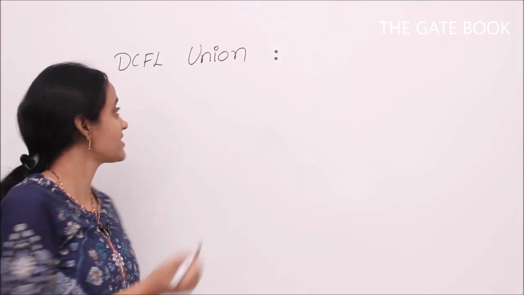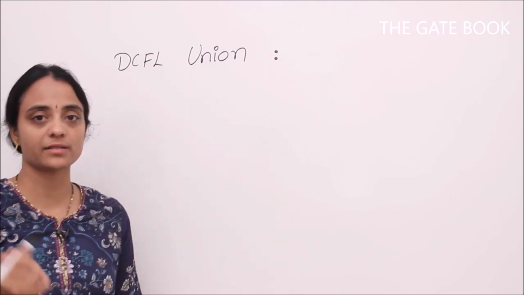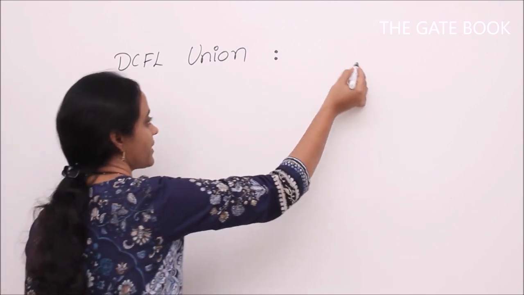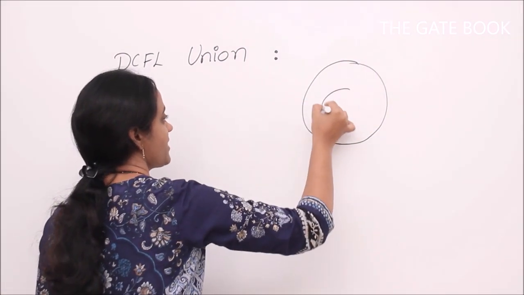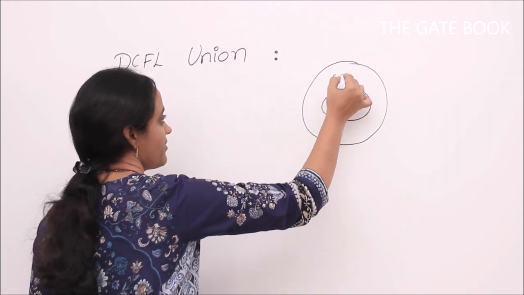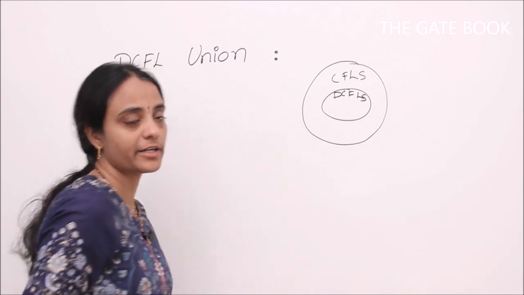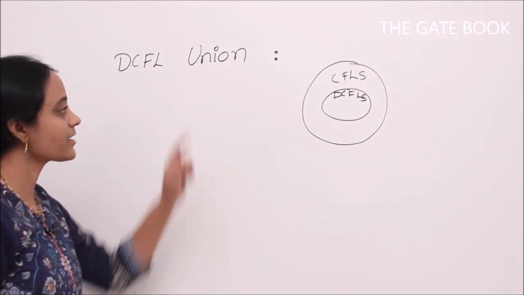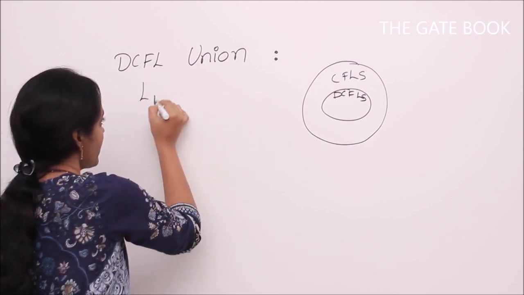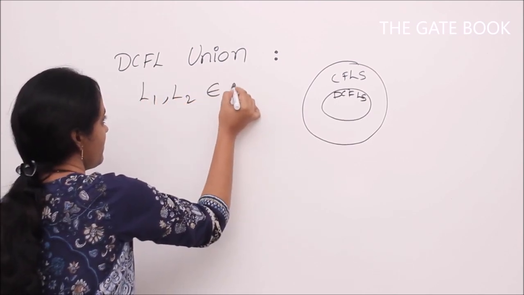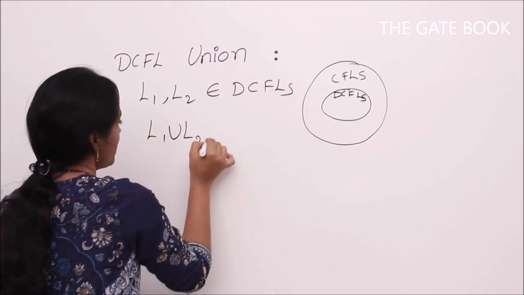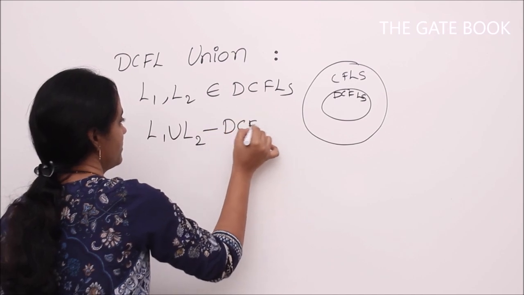Now let's see some properties of DCFL languages. So we are taking a specific subpart of CFL. Overall there can be many CFLs, but DCFLs are part of it, right? There can be some CFLs which are not deterministic, that we already know. Now we will see whether they are closed under union. When we say whether they are closed under union, that means I take L1, L2 which are DCFLs. Then I want to check whether the union is a DCFL or not.